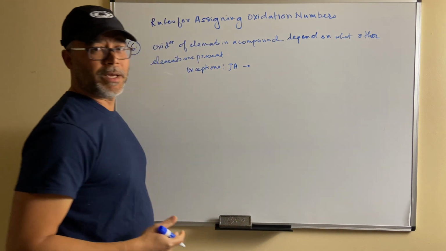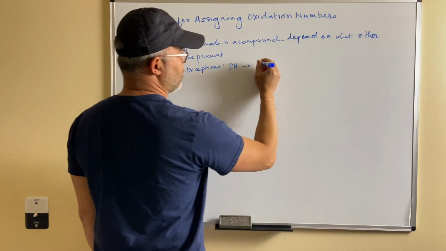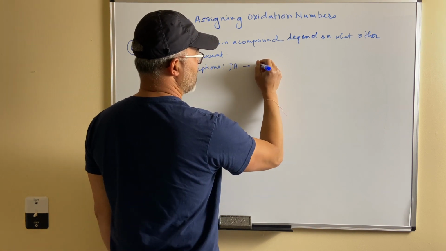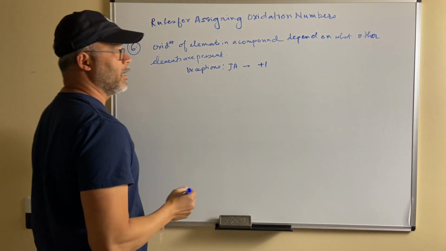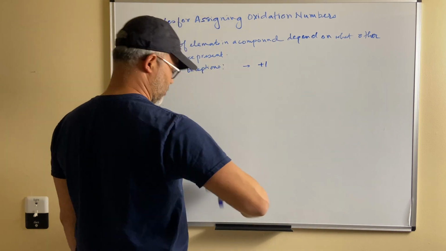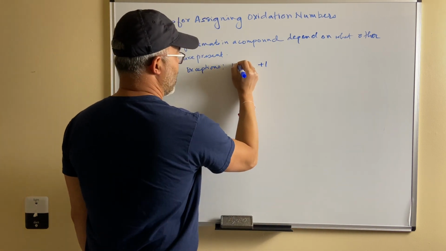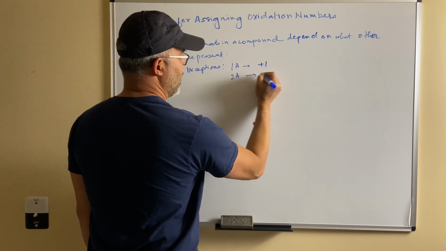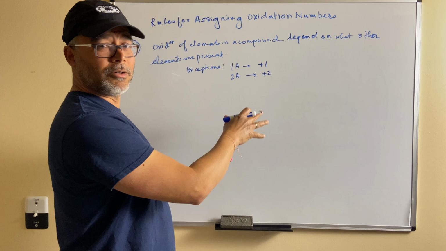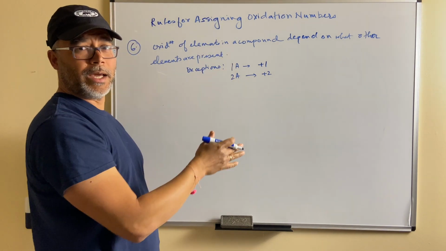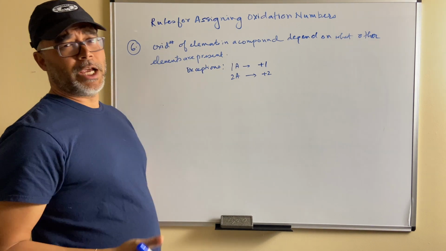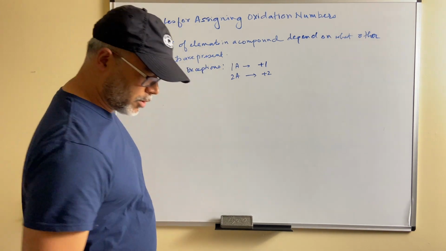So group 1A are basically your lithium, sodium, potassium, and so on. They always have an oxidation number of +1. Okay, and then group 2A, let me write these 1A and 2A a little bit differently. 2A is always going to be +2. So these two are standard, okay? So anything in group 1A or 2A is always going to be +1 or +2. Everything else can change depending upon what else is present. So let's take a look at this